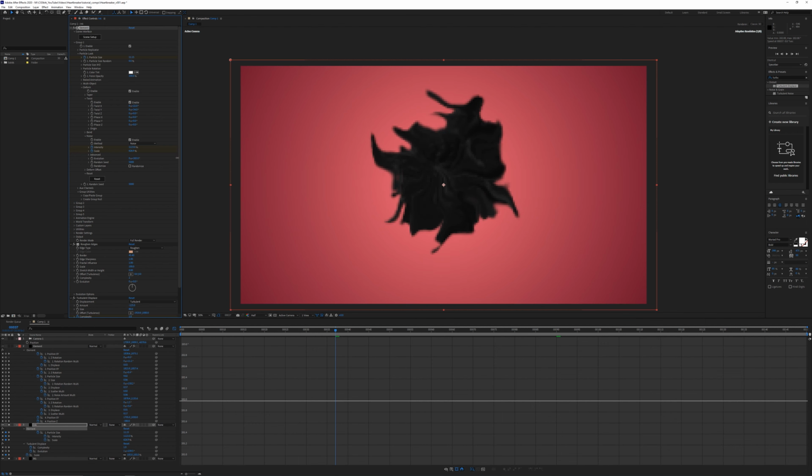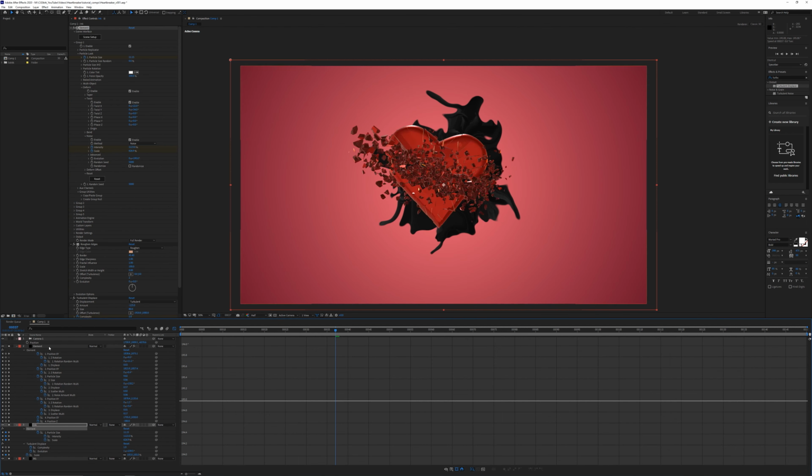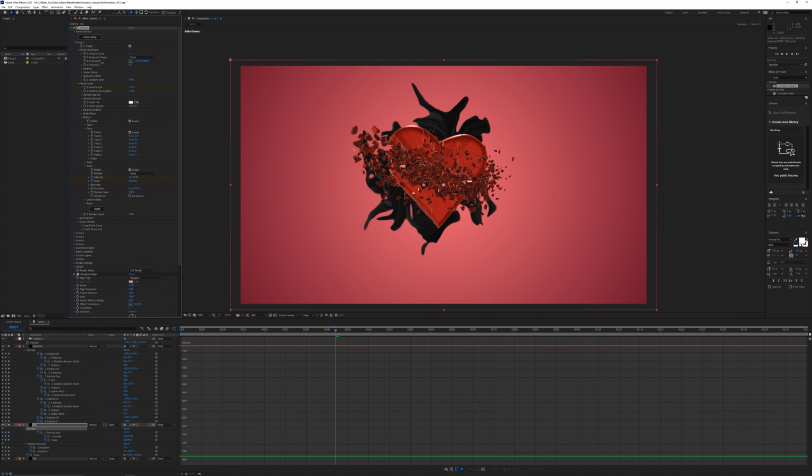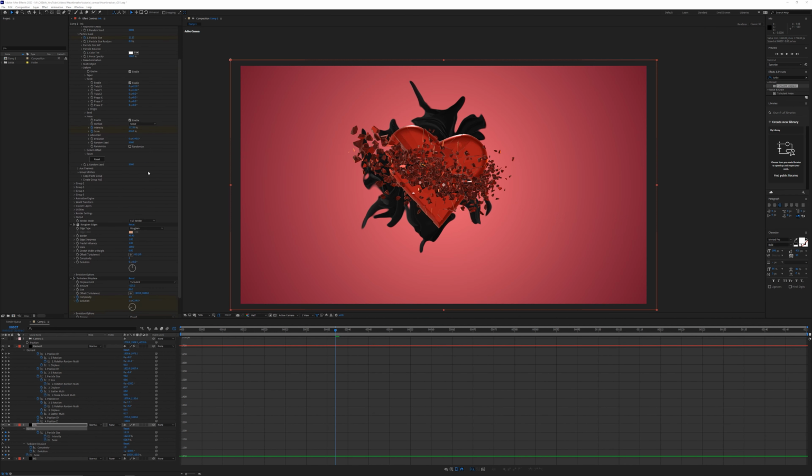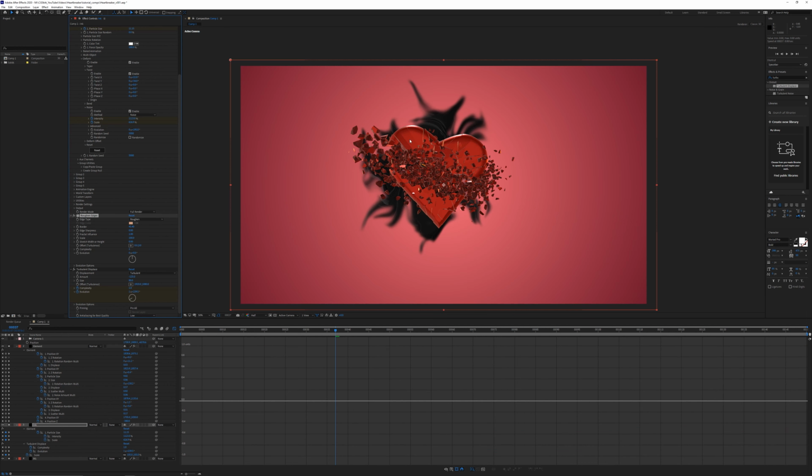And you don't have to animate this, although it's perfectly fine to animate this if you'd like to, but you can just find a different position that you prefer. I'm also going to go into the particle replicator and then just shift this over a little bit to the left, then up very slightly. And then lastly on the roughen edges, we're going to take down the edge sharpness all the way down to 0 just so there's no sharpness there.